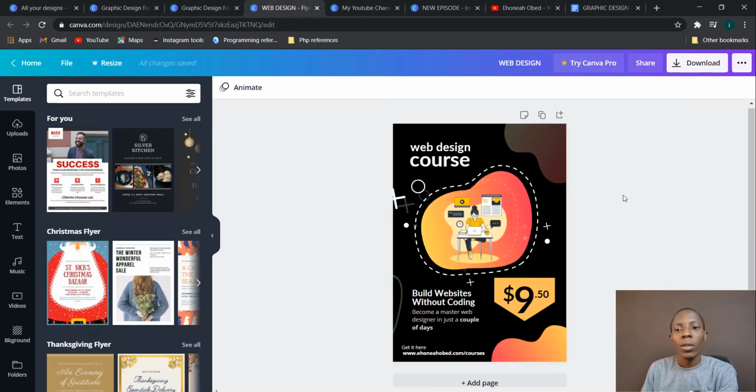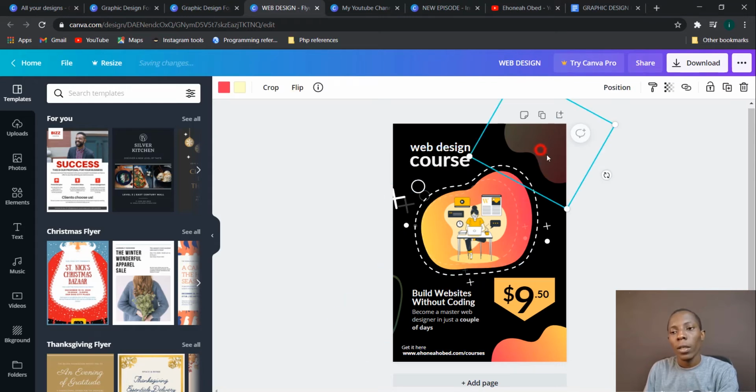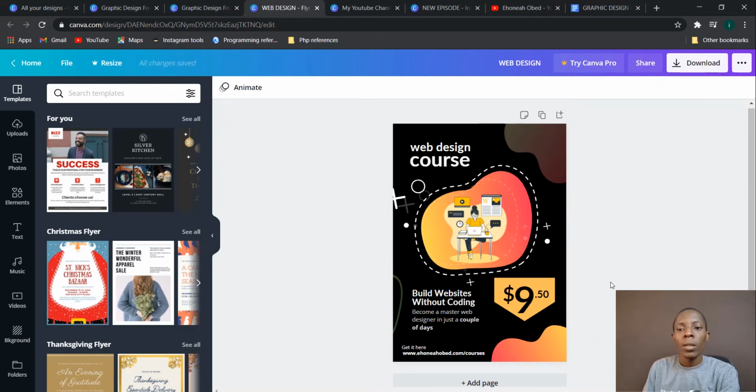The last thing I'm showing you is this design. This is a flyer that I made to hype the release of my web design course, and for this particular flyer I was sharing it to Facebook. As you can see, these are various design elements that I've made use of in Canva. There are a lot of them, and you should be able to replicate this. I'll add these designs as documents for the course, so you can download them and try replicating them on your own. But for today's lesson, we want to design a Facebook